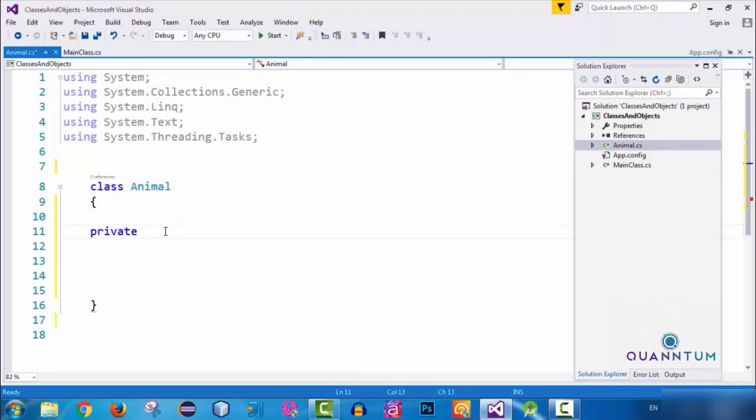So private, and in order to create a variable, I told you, you must first specify the data type of that variable. The data type of our variable is going to be string, right? And now I need to specify the name of the variable. The name is going to be animalName, semicolon. This is private, so it is only accessible inside the curly braces of this animal class, and the data type is string. This means that this variable is going to accept only values of type string, and the name is animalName. And we put a semicolon here. This means that we just declared this variable. We did not initialize